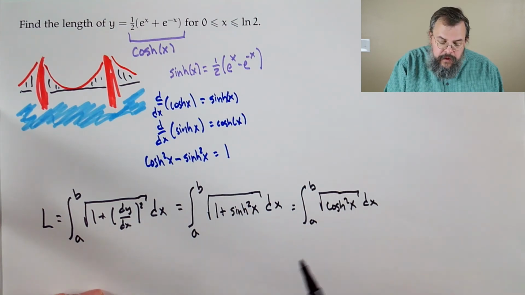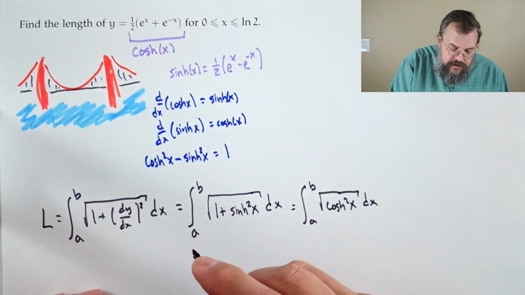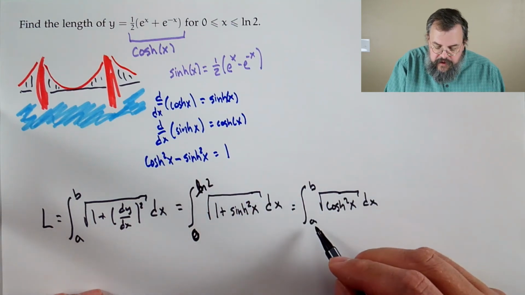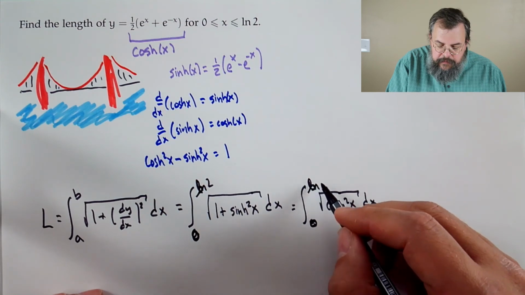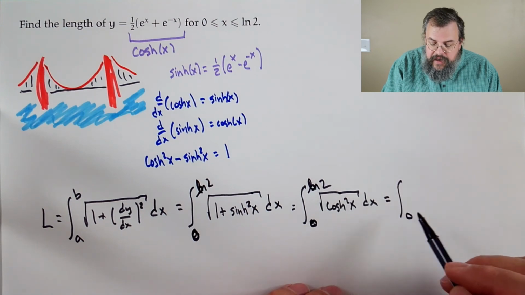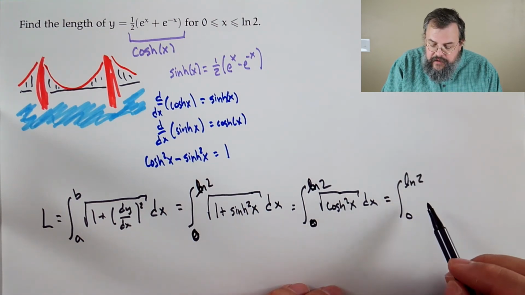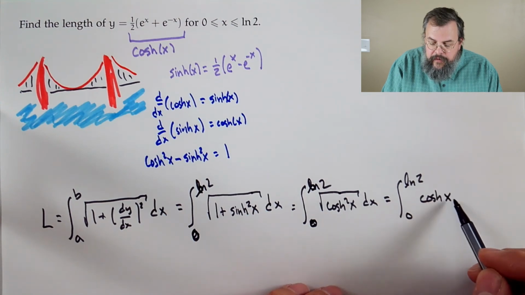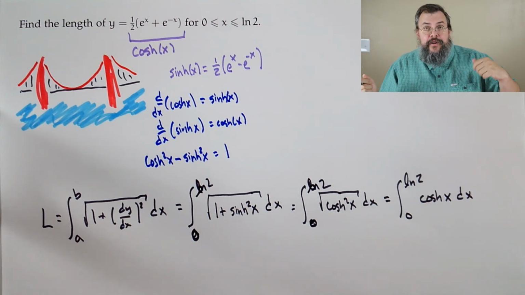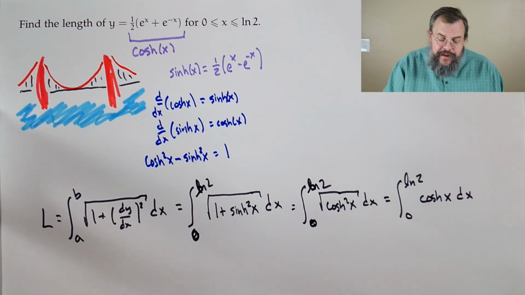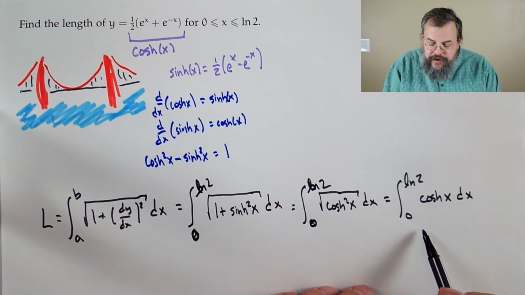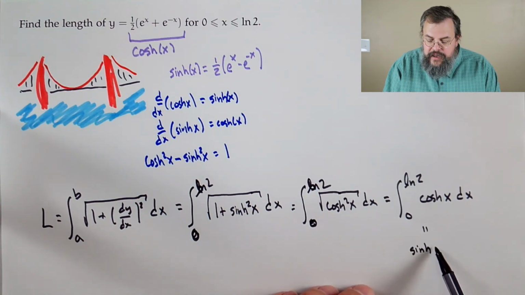So this becomes the integral from a to b of the square root of cosh squared. All right, we know our bounds, 0 and log 2. Let's update our bounds: 0, log 2. There we go. The square root of cosh squared is cosh. That's good news for us. So that means all we have to do is take the integral of cosh. Well, we're asking ourselves the question, is there some function that when we take the derivative of it gives us cosh? Well, we do know a function. The derivative of sinh gives us cosh. And therefore, the antiderivative of cosh is sinh x,